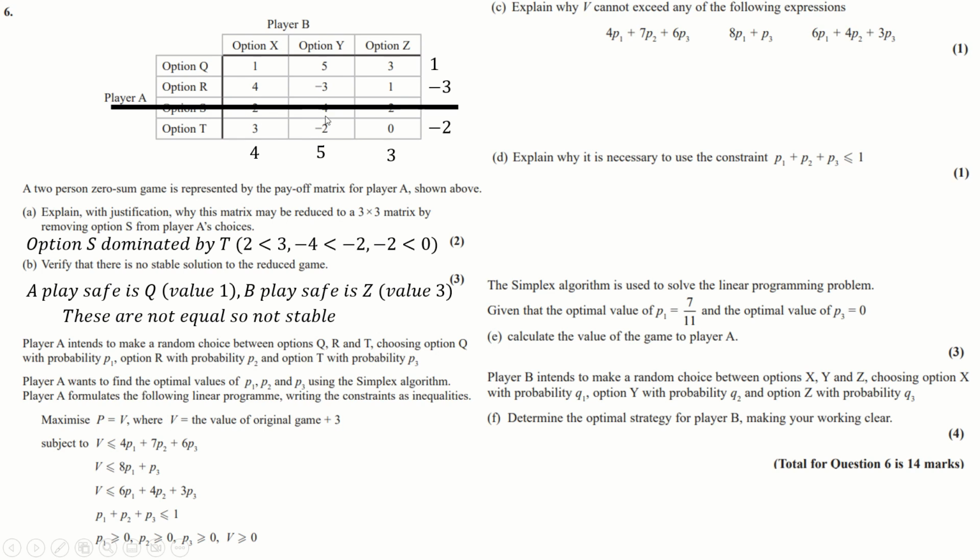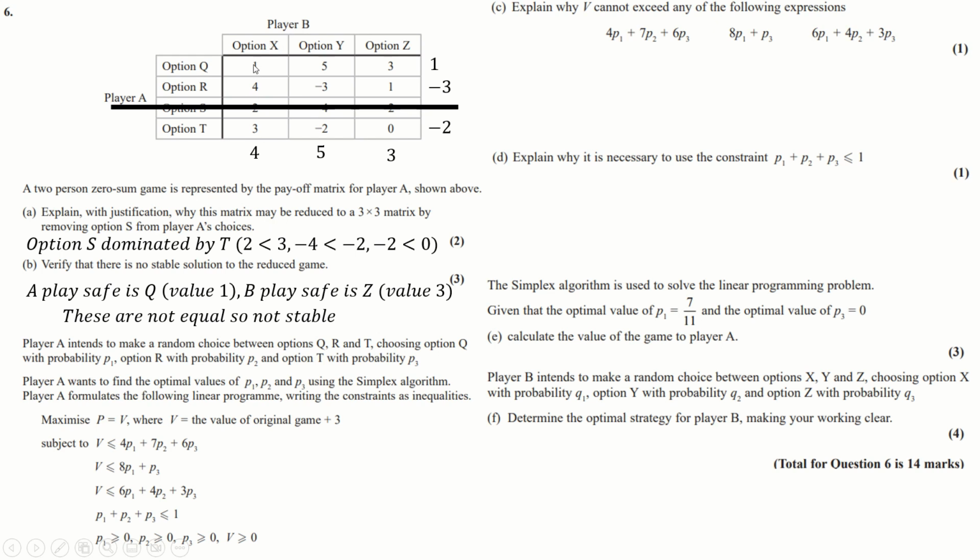They've obviously ignored this, so the -4 here doesn't matter. They've added 3 to every single value in this table, which means, of course, at the end, when we work out some amounts, we'll take away 3 at the end. And when you add 3 to every amount, this becomes a 4, a 7, and a 6. And that's where those numbers come from, because what this is talking about is the payout if player B